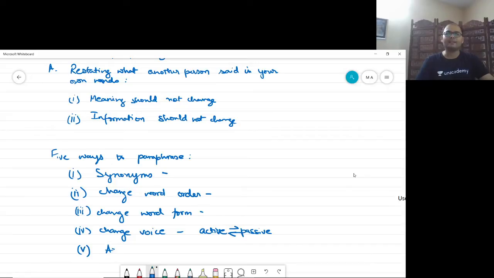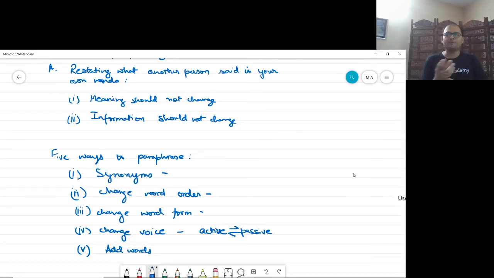Fifth one, add words. Now what happens is there are certain sentences where you can look at the sentence and logically come to a conclusion that these words can be added to the sentence without changing any meaning. In fact, probably the original sentence has just skipped on these words, right? Because it's not necessary that those words actually be stated for the complete picture to be painted, right? So let's say for example, parents are the best teachers. That's it, end of the story. We can easily add for children. Why? Because parents are the best teachers for children. That makes sense, that is logical, right? So we could also add this strategy. For children, parents are the best teachers, right?